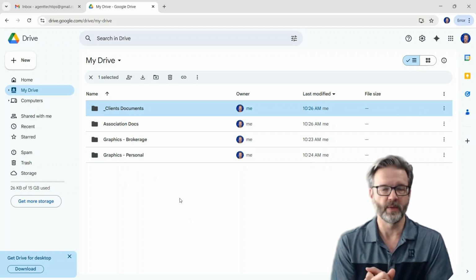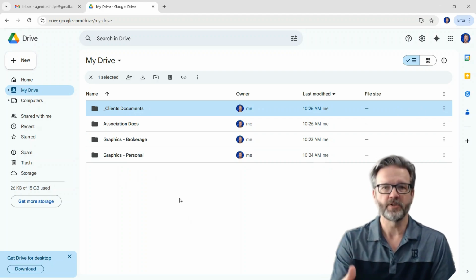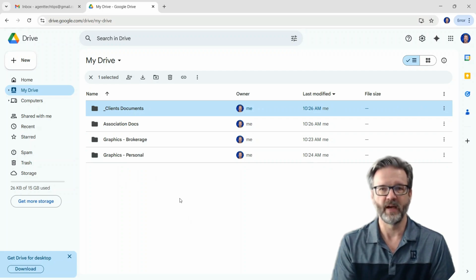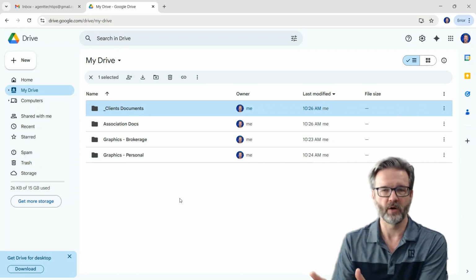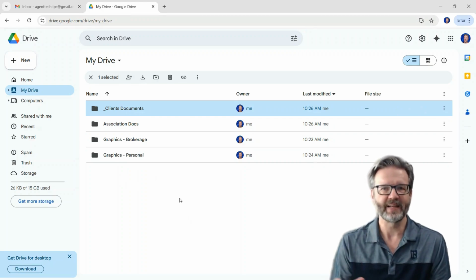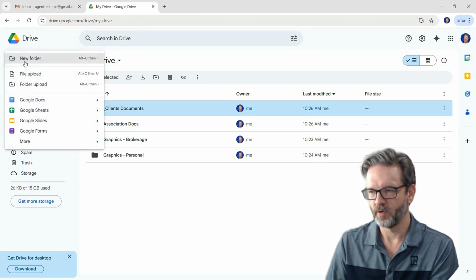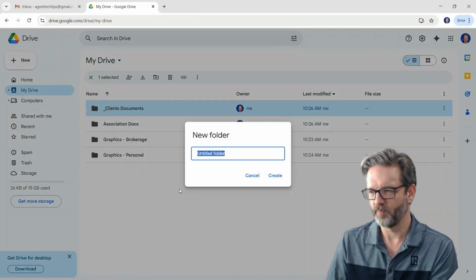When we put documents out that we link into our email signature, anyone in the world could potentially be opening it. You're going to send those emails to clients. You're going to send them to title companies, to other agents, to lenders. If you're going to link something in your signature, it has to be publicly available. And so that's why we're using a share in Google Drive. And just for the sake of simplicity, I like to keep all of my files that I share publicly in a single folder. So I'm going to say, create new folder, and I'm going to name this